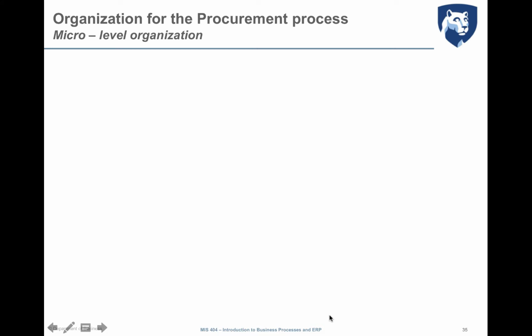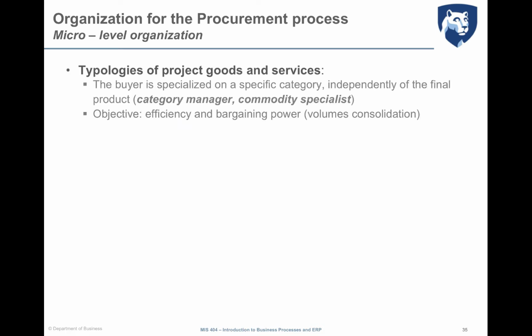Then we need to define how to group. We have 20 people in our procurement department. How can they be organized in a company? There are different options to do that. They can be organized according to typology of project, goods, and services. So that means that, as we said before,